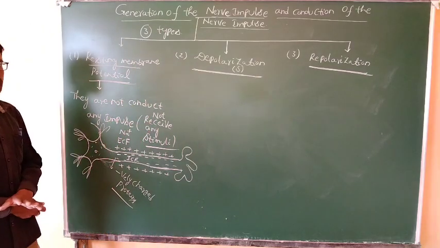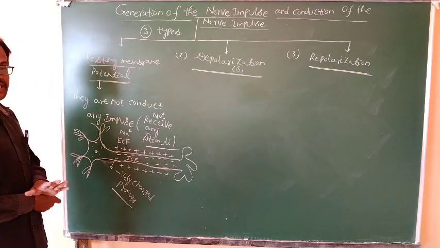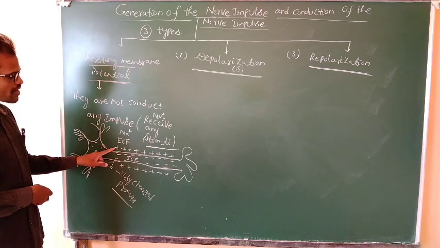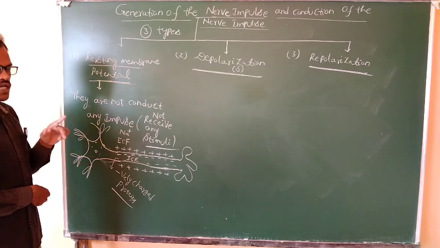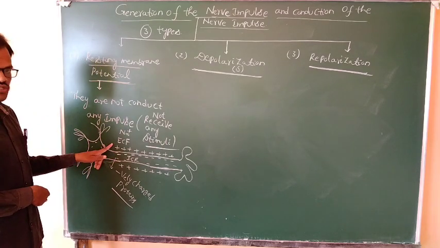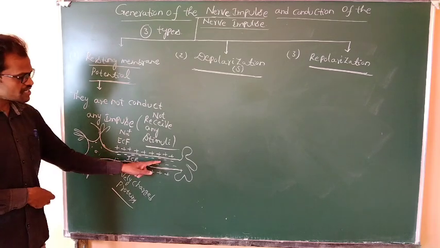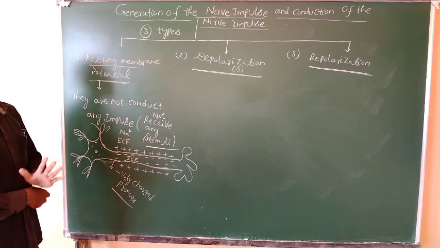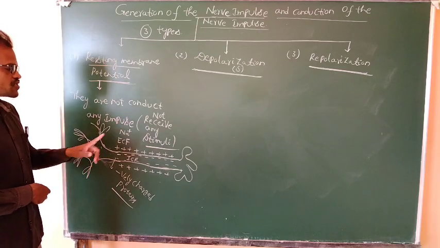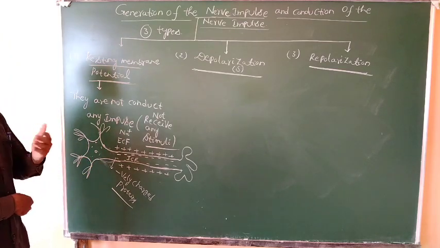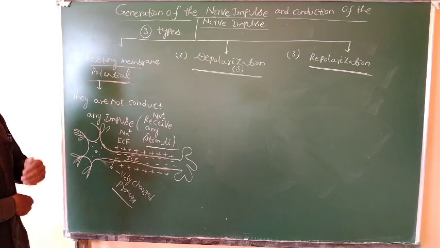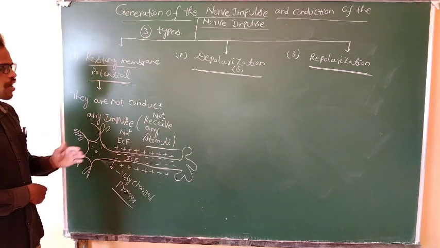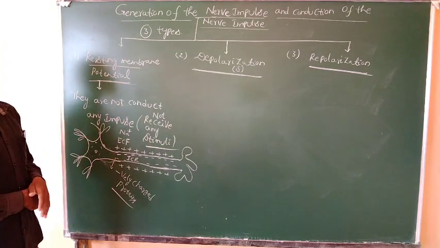At the time of the resting membrane potential, when the neurons are in resting condition, outside always has a positive charge and inside always has a negative charge. Inside the membrane is known as the intracellular fluid. Outside the membrane is known as the extracellular fluid. That is a common point for any cell. In a nerve cell, outside is extracellular fluid, inside is intracellular fluid.